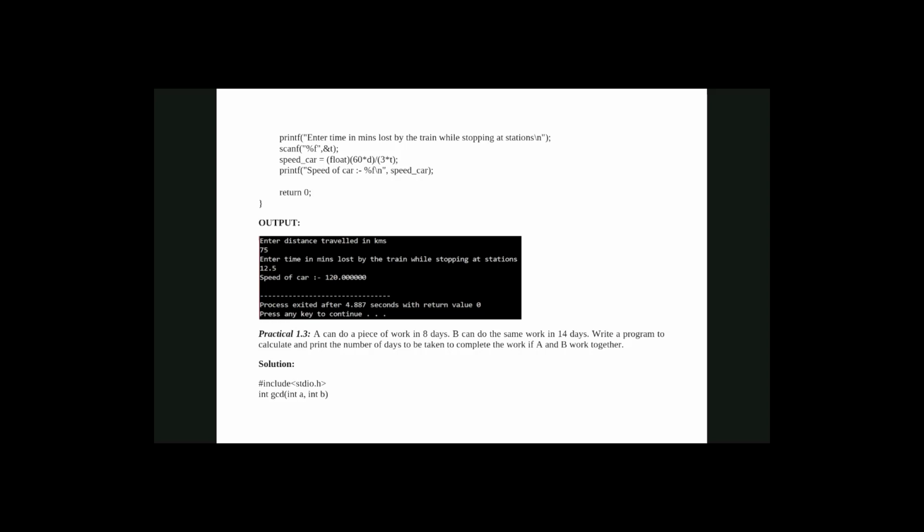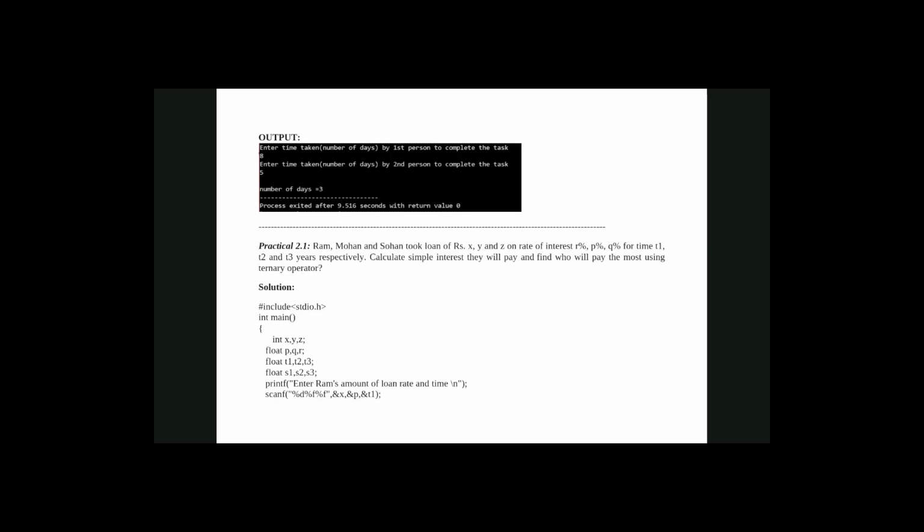Okay. And for practical 1.3, I will not repeat that practical, but you have to create an algorithm for it because a flowchart will be very difficult for you. So in the lab manual, you will create the algorithm for that practical.